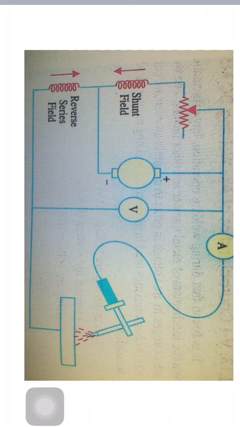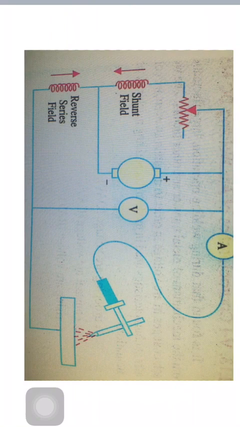So here the welding generator is a self-contained single operator motor generator set consisting of a reverse series winding DC generator driven by either a DC or AC motor. The series winding produces a magnetic field which opposes that of the shunt winding. That is, two fluxes are produced here: one due to the shunt field and another due to the series field, and both are opposing. On open circuit, only the shunt field is operative and provides maximum voltage for striking the arc.